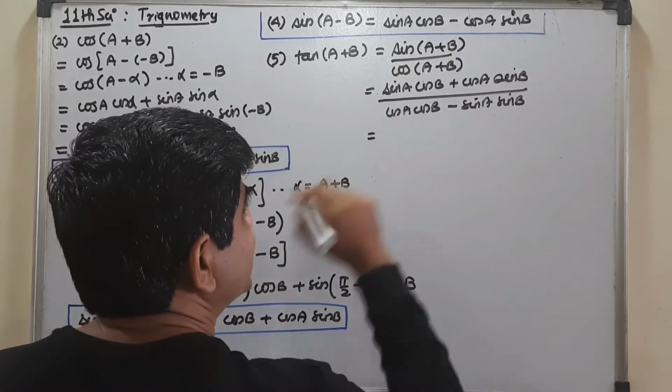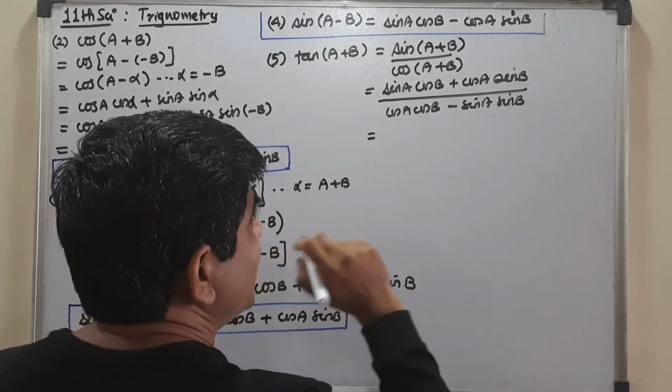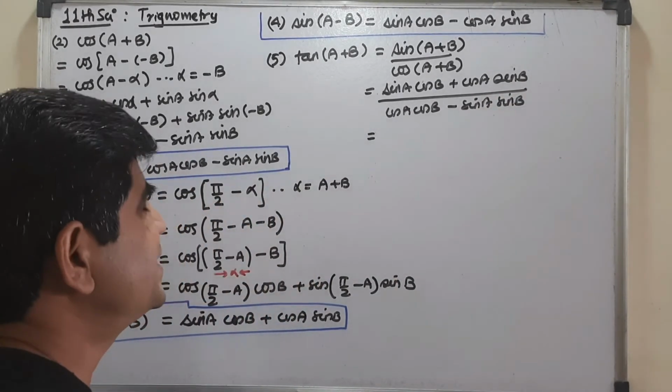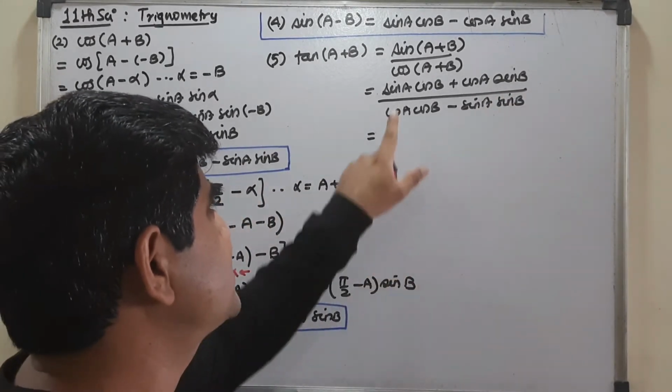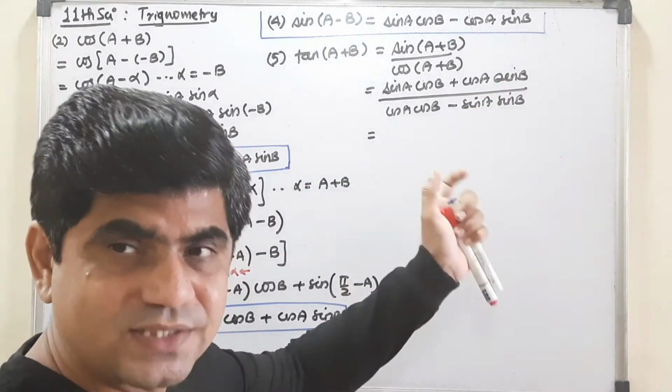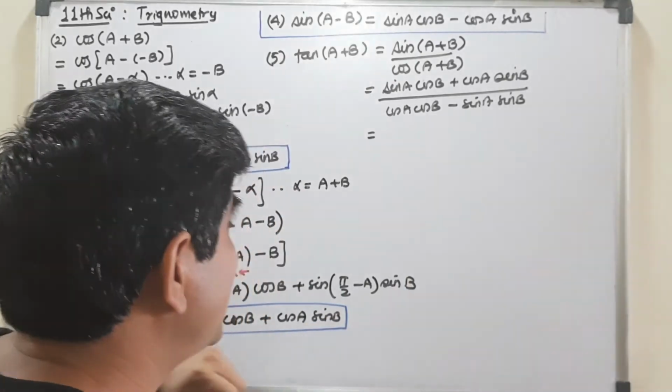So why leave this out, that won't work here, okay. And this sin B I will divide by cos B. That means I am thinking of dividing sin A by cos A and sin B by cos B. But it cannot happen that at one place we divide by one thing and at another place by something else.